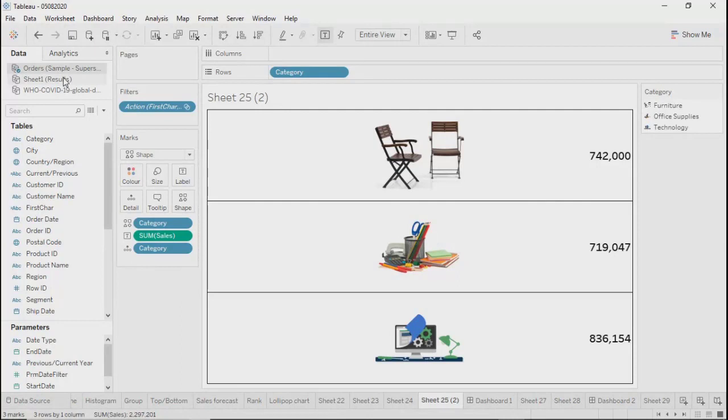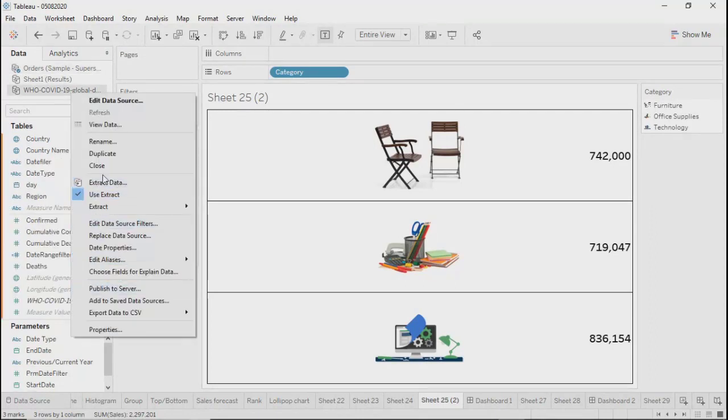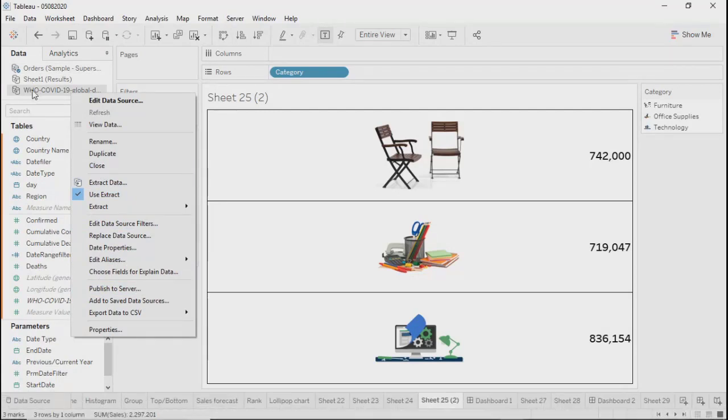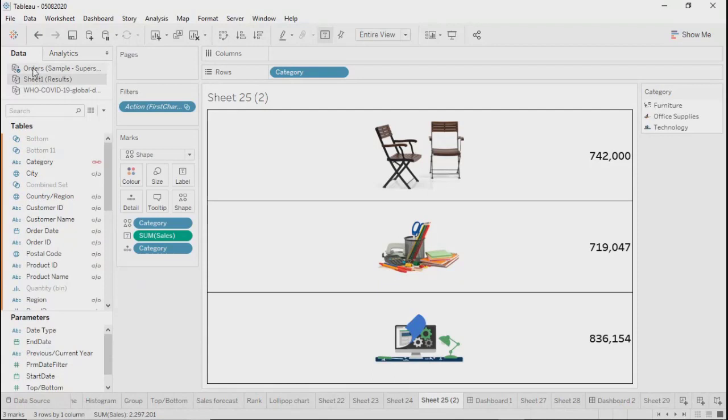So that as soon as we replace, the sheets will not get deleted. See, as of now, if I just go ahead and close any particular data source, the sheets which are using this data source will automatically get deleted. So that's a kind of risk of losing your work. So before closing a data source, I'll replace it so that there will be a base data source for each sheet, and then we can close a data source, right? So I'll just replace these two, which means I will replace one with the other.